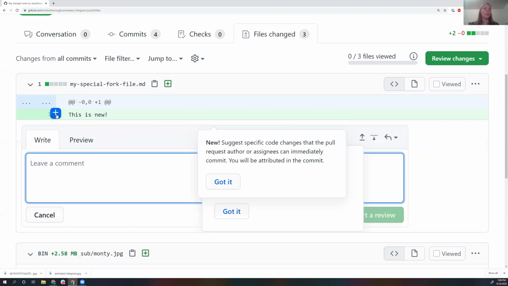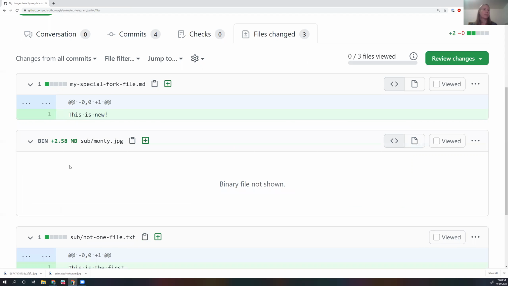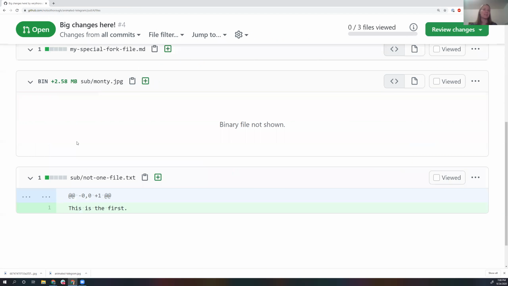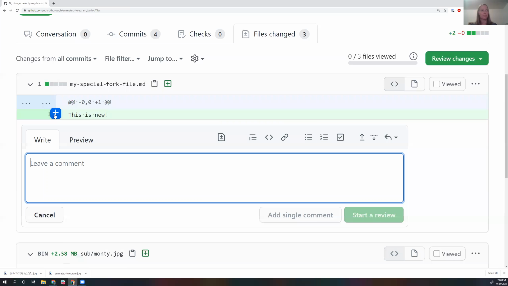But something you can do inside of GitHub is you can make comments on it as a whole, but you can also comment on specific lines. So what I just did is when you go to a line, these files only have one line in them, so they're not very interesting. But you can go to a line and click the plus icon. And when you do that, it'll open a window. And you can also select multiple numbers if you want to comment on multiple lines. You can select multiples and then click the plus icon at the end of it and leave a comment on the line and say, I don't know,